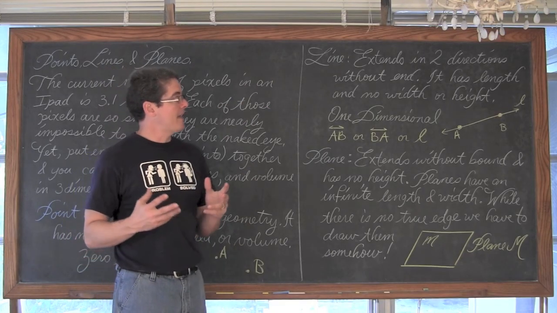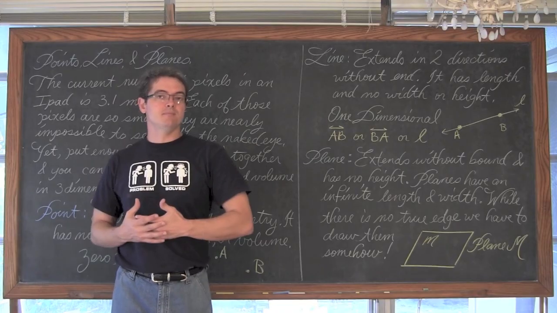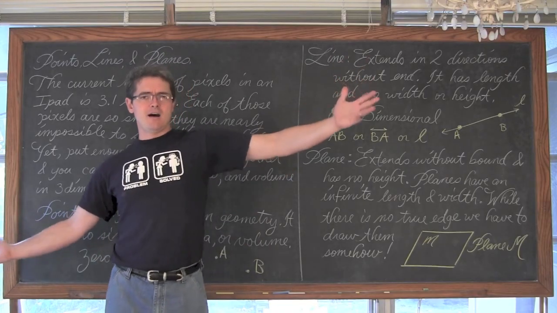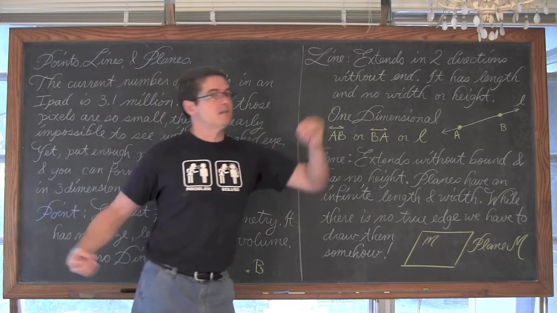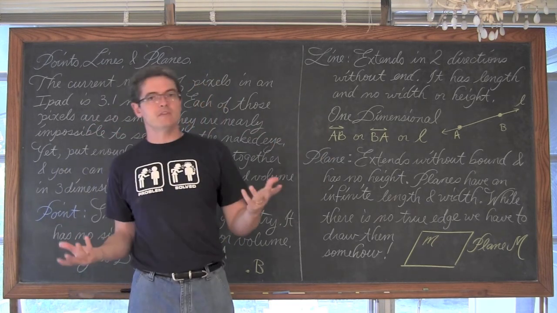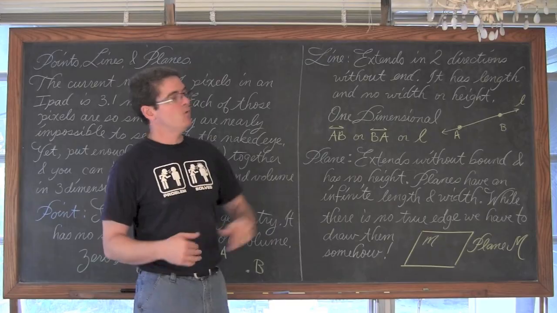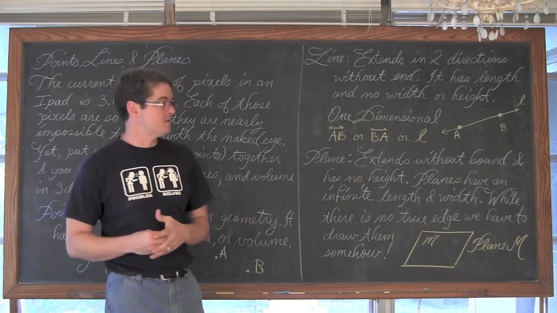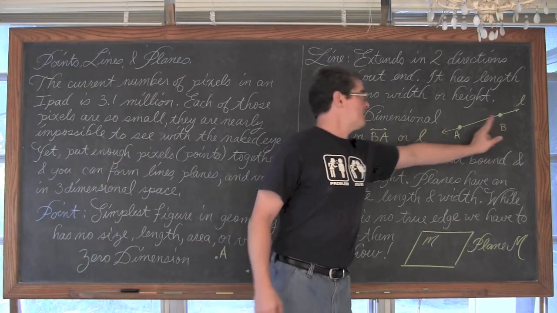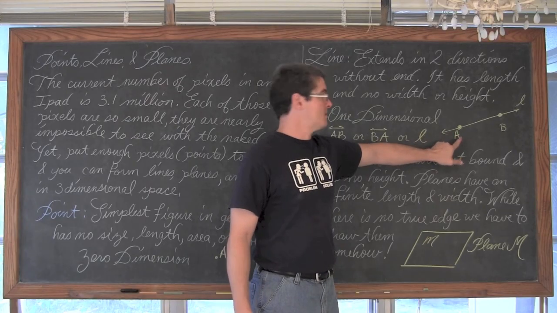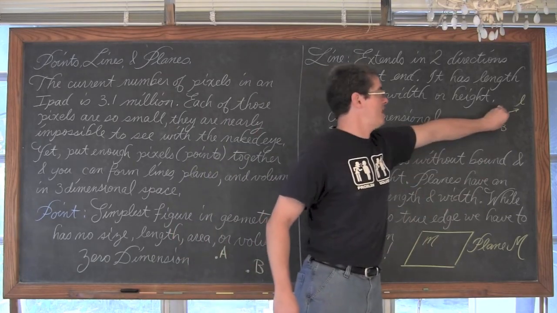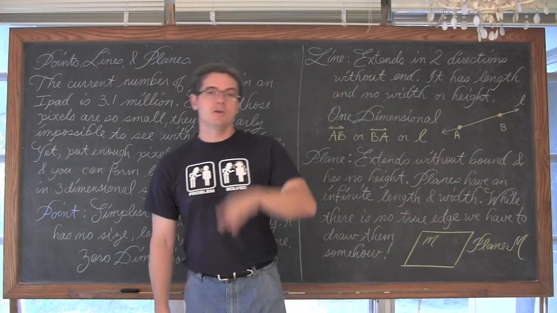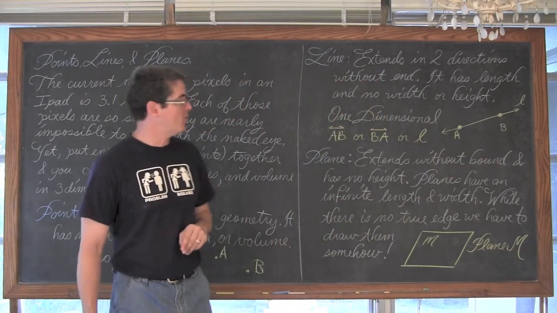It has a length, but its length is infinity and beyond. It has an infinite length because it never ends, but it does have length, a measurable, well, if you can measure infinity, but no width or height. So lines are one-dimensional. I've identified this line with the 2 points A and B. If I wanted to change the direction of this line, I'd have to change the position of one of these points and then redraw the line through those 2 points.